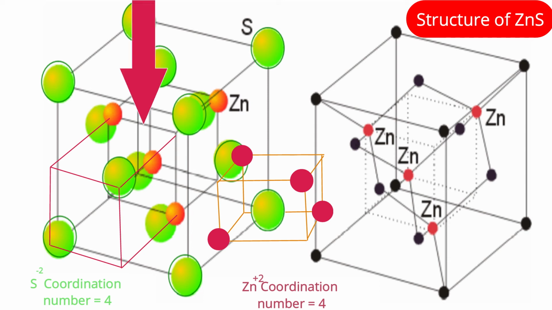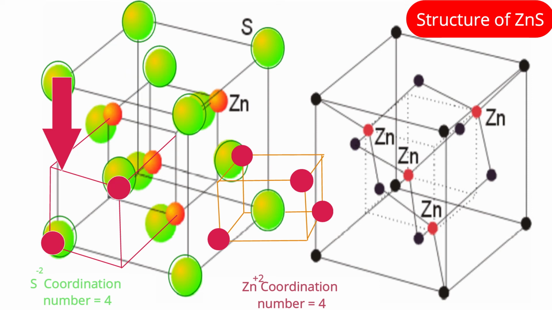Means a square face composing two sulfide ions. Now, large space out of that central sulfide ion. Now consider one more small face in front of that sulfide ion, towards us, and there also two sulfide ions will be there, but their arrangement will be in a different way. Cross arrangement will be there. One sulfide will be at right top and the other sulfide will be at left bottom.